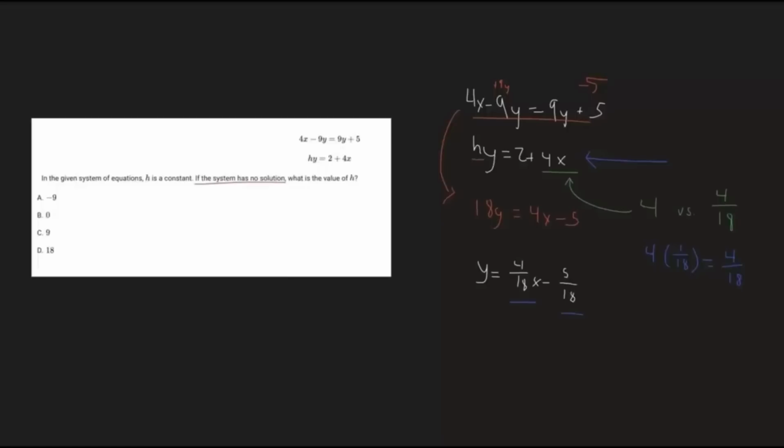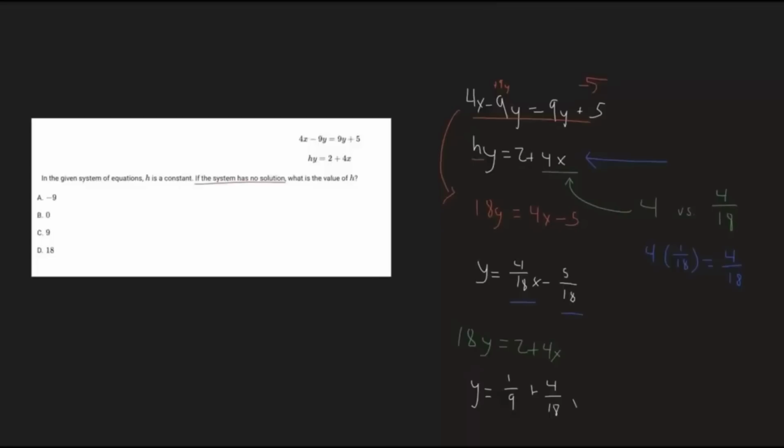And so how do we multiply 4 by 1/18? Well, that's the same thing as dividing 4 by 18, right? And we know that in order to divide this 4x, the h value will have to represent that, right? So let's say h was 18, then 4 would be divided by 18 when you isolate for y. So I'll show you how this works. So if h was 18, then we get 18y equals 2 plus 4x, right? And so now when we isolate for the y value, divide both sides by 18, we get y equals 2/18, which is 1/9, plus